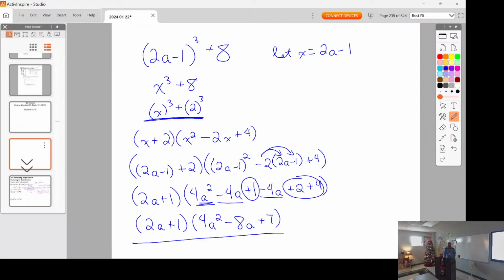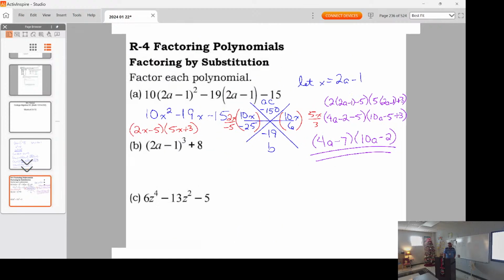Questions on this guy? So substitution, just some extra steps. Substitute, make it a lot simpler. Factor it, and then go back and plug it in to fix it. Any questions on part B? Okay. Part C,